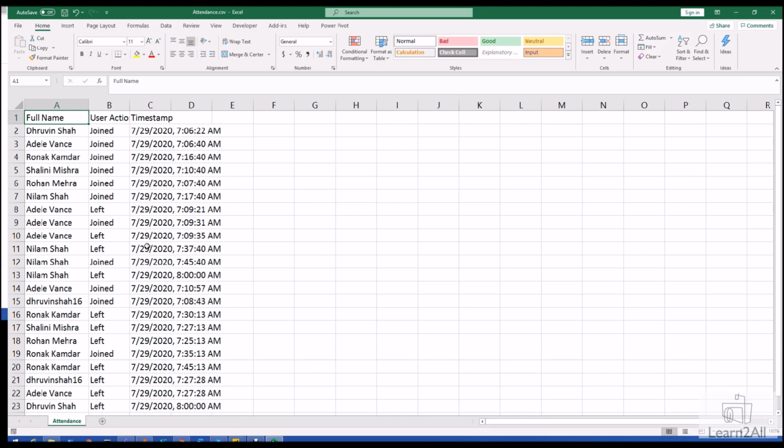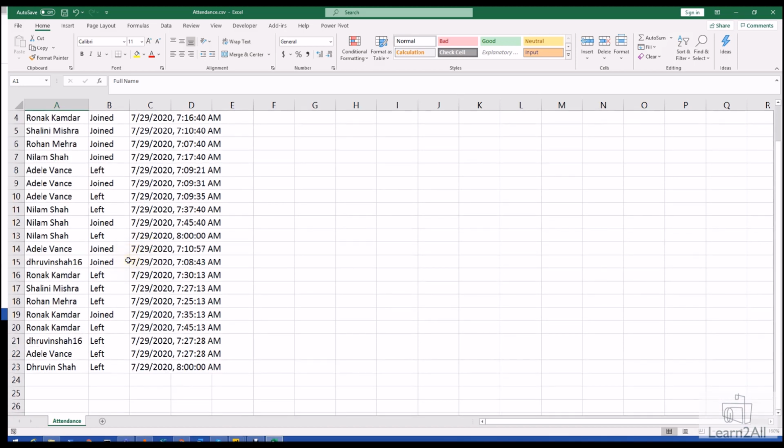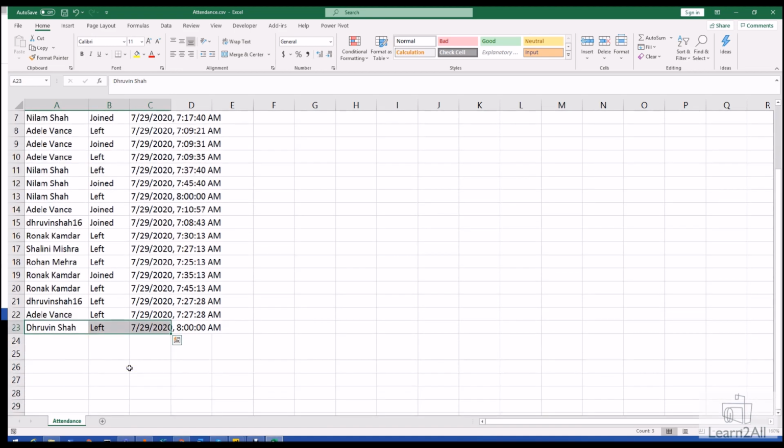Here I mentioned that we need to add one manual entry for the organizer, because this attendance report is generated before the organizer ends his call. So we need to add one manual entry for the organizer's end time. Here Dhruvin is the organizer, and my meeting call was 7 to 8 a.m. So Dhruvin ended the call at 8 a.m., and I added one manual entry over here.